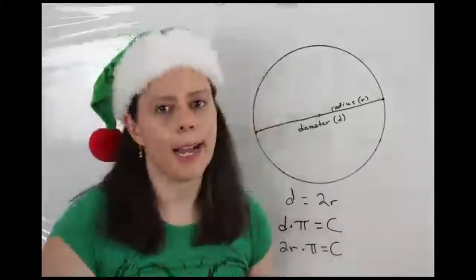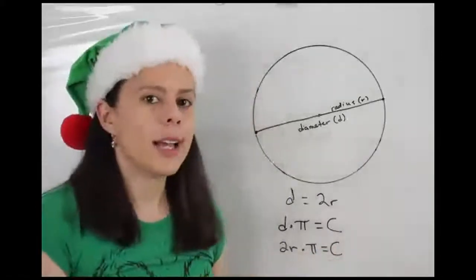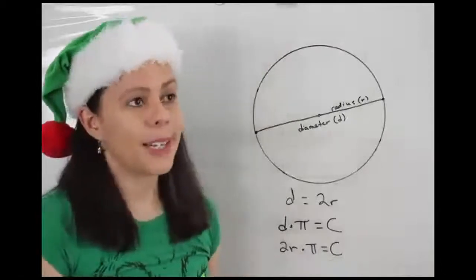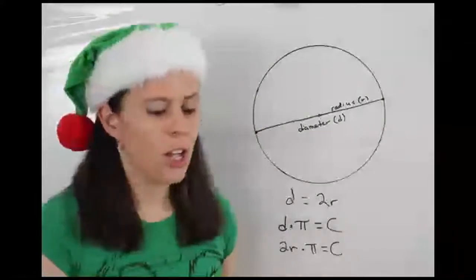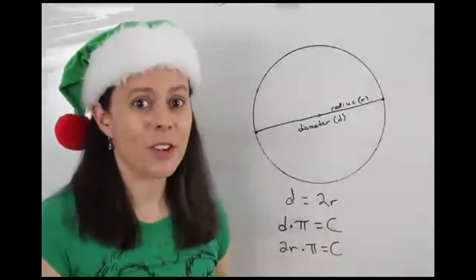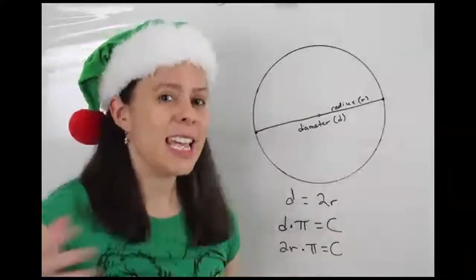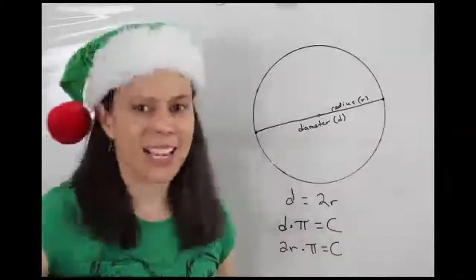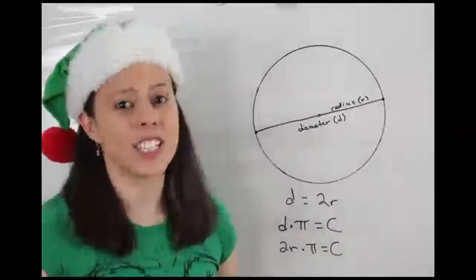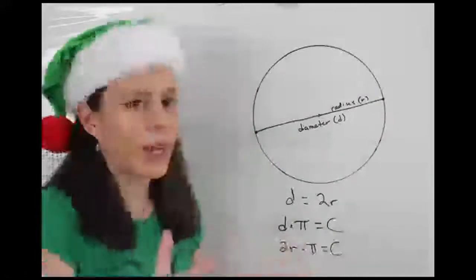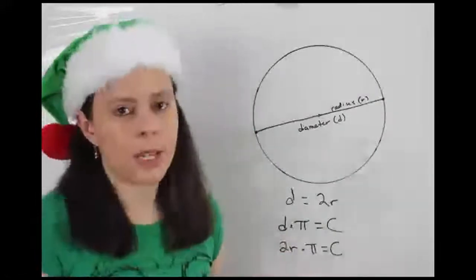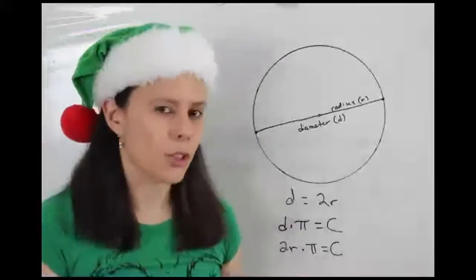Now, we abbreviated pi as 3.14, but it is not exactly that. I encourage you to do a search on Google of what the actual value of pi is. It's infinite. It keeps going and going. There are thousands of digits of pi that have been discovered after the decimal point. But obviously, to keep it simple, especially at this stage, we're just going to round it